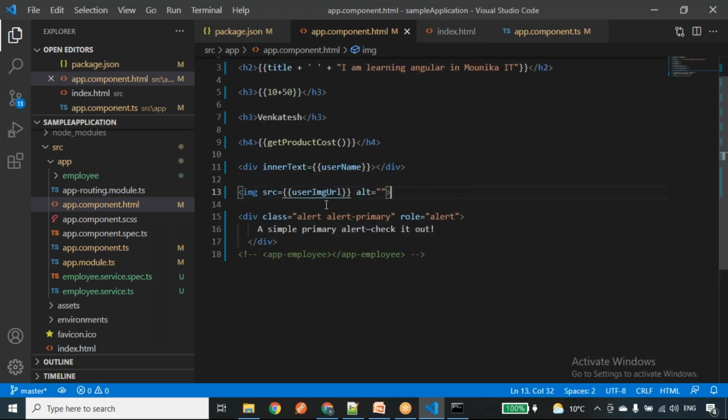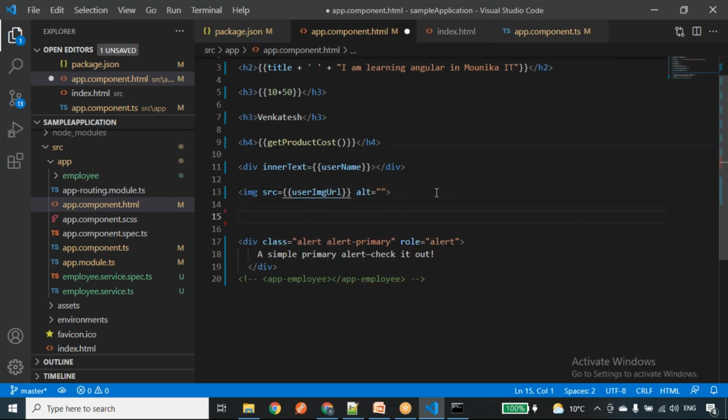Basically, for the property binding, whatever we have defined with the square brackets, in most scenarios we are going to use property binding for non-string values, like a boolean or some object data. So for this, I'll show you one example.